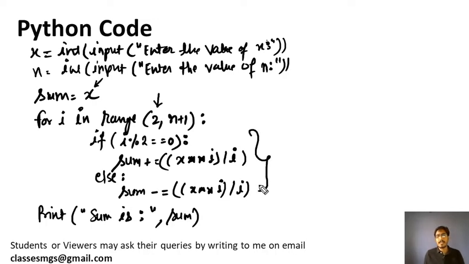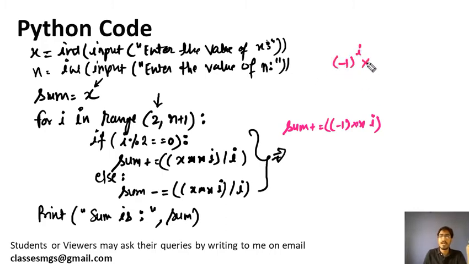If you don't want to write this complete logic, I have already given you the alternate to this problem in my practical number 6, and if you still want, I am just writing it here. I hope you will understand it. So you can directly write sum plus equals minus 1 double star i, then minus 1 raised to power i into x raised to power i divided by i. This is how you write.